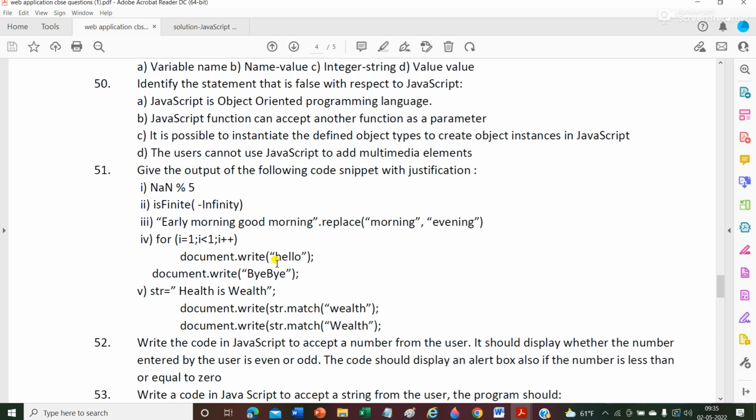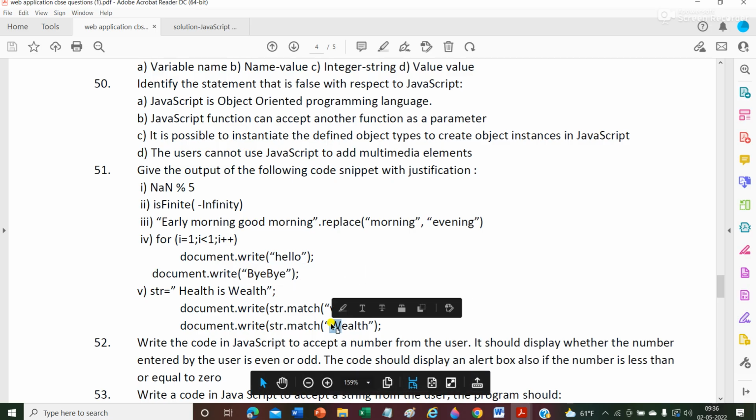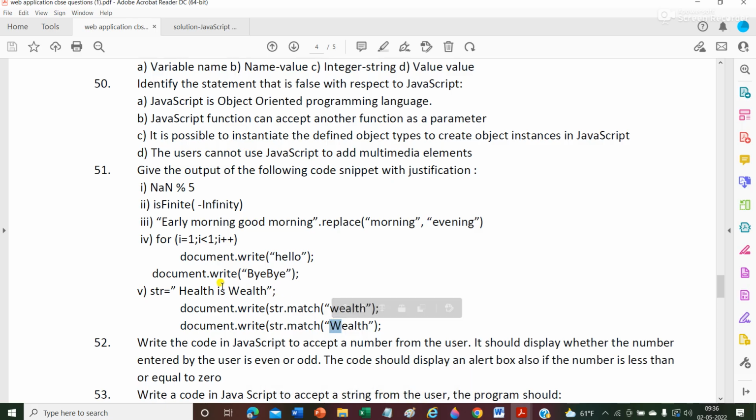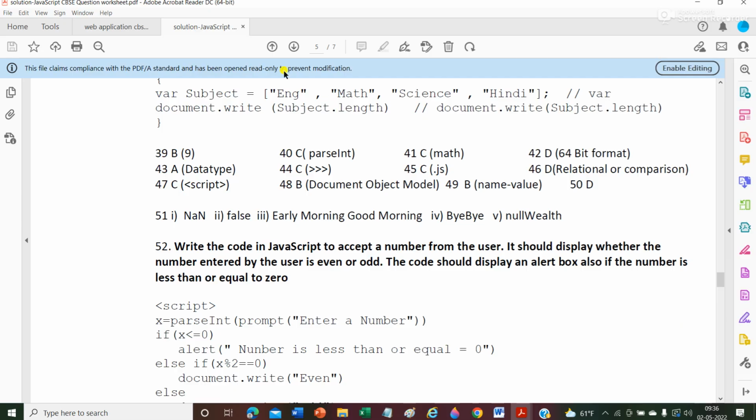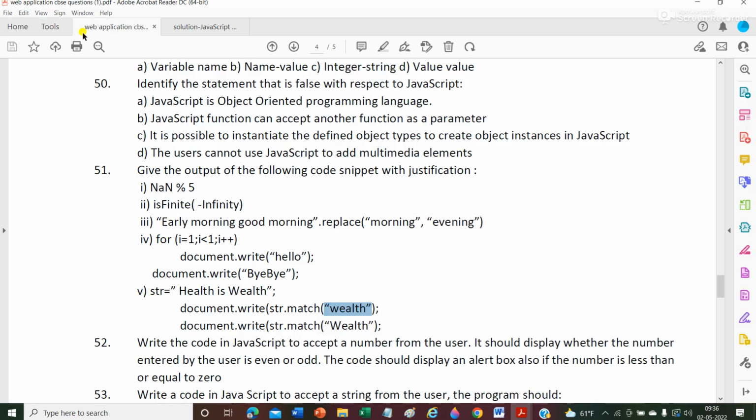ठीक है, खुद सोचो आप, क्या 1, 1 से छोटा नहीं है? If it is false, it will come to this document dot write bye bye. ठीक है, नेक्स्ट, बाहर आएगा अपने लूप से और ये बाय बाय वाला प्रिंट कर देगा। Now fifth, we have str equal to health as well, तो document dot write str dot match. अब ये देखो, मैच कैसे हो जाएगा? w तो छोटा है और w बड़ा है, तो ये तो पहले नल प्रिंट करेगा, फिर उसके बाद ये वेल्थ का जो भी चेक करता है एज इट इज वो प्रिंट करता है। अगर यहाँ पे नहीं मिला, नल प्रिंट करेगा। और let's see this, ये देखो, so we have this 51 नंबर, सो नल, उसके बाद वेल्थ आ जाएगा, because we are not using the break tag. Now 52 क्वेश्चन पे चलते हैं।